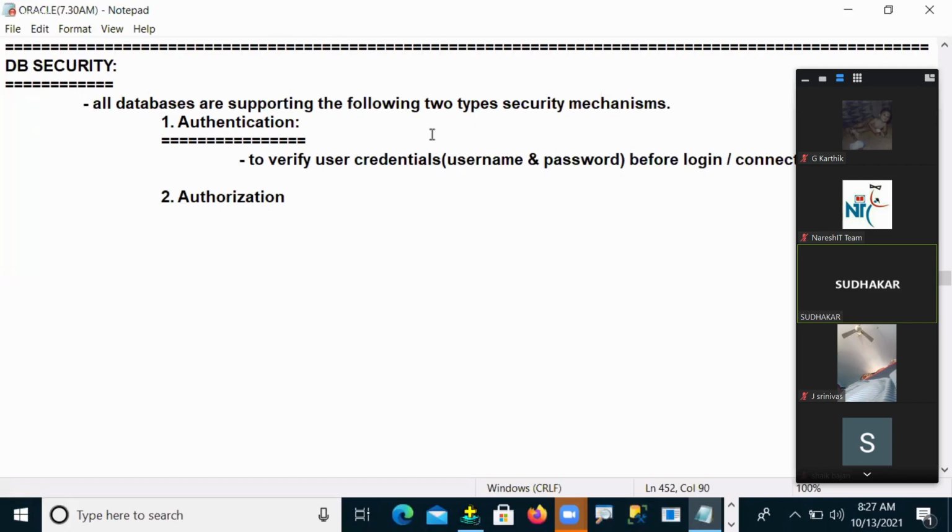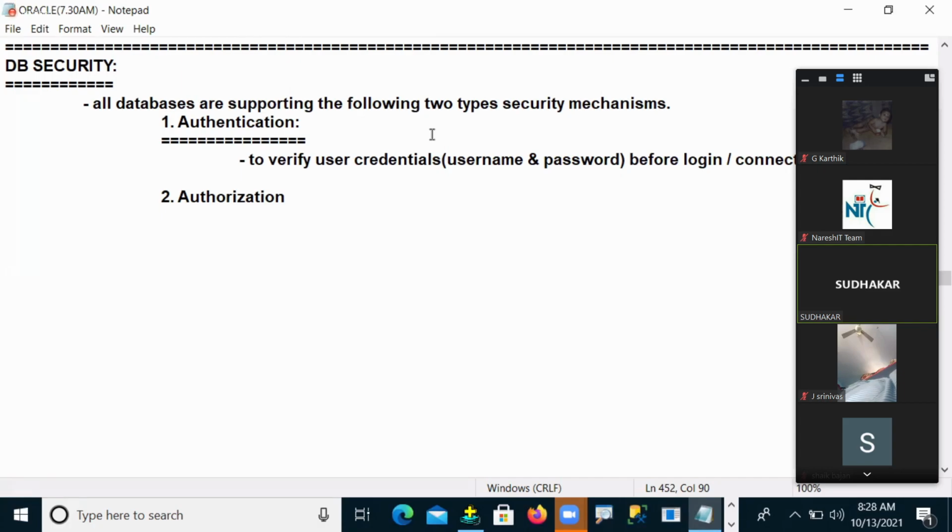So a user having credentials is called an authenticated user. This is called first level security. If we want to log into or connect to the Oracle database, the user must have a username and password.